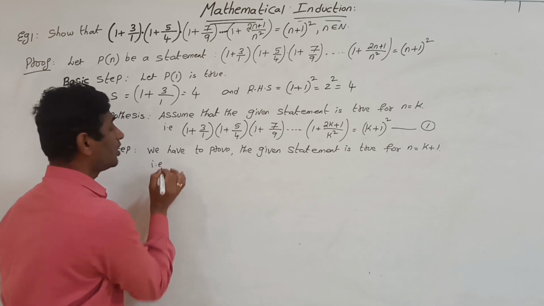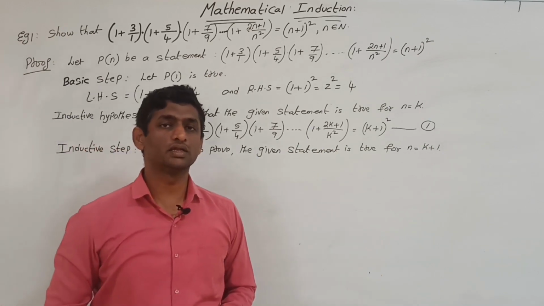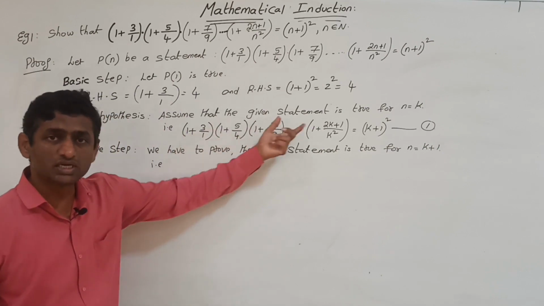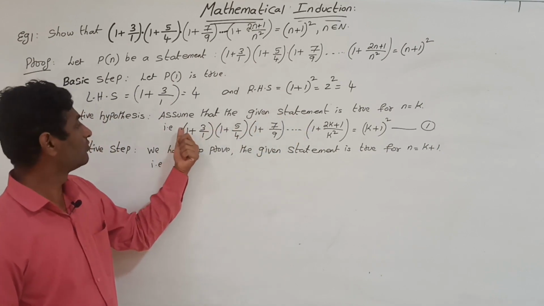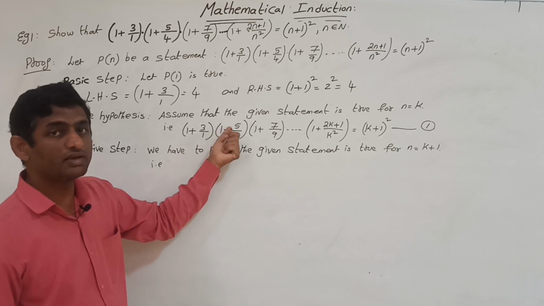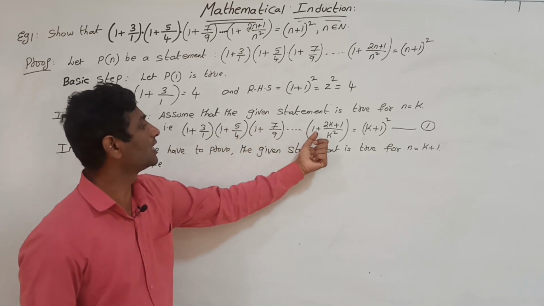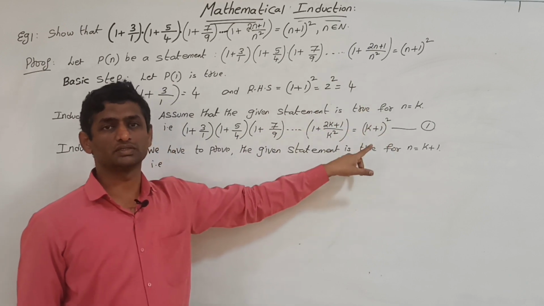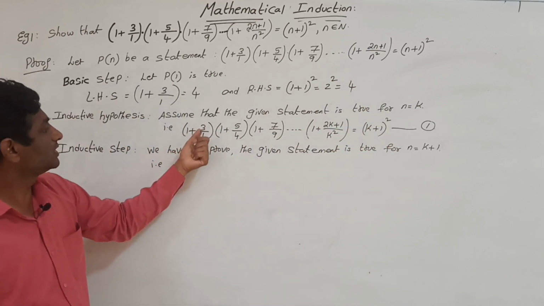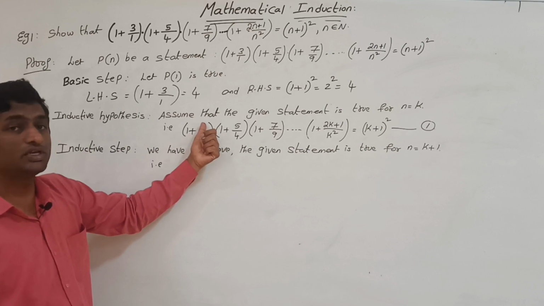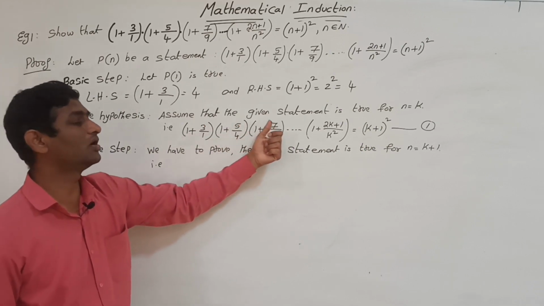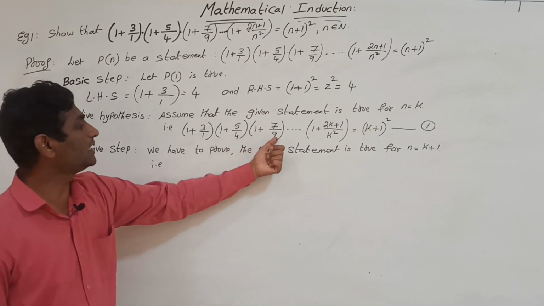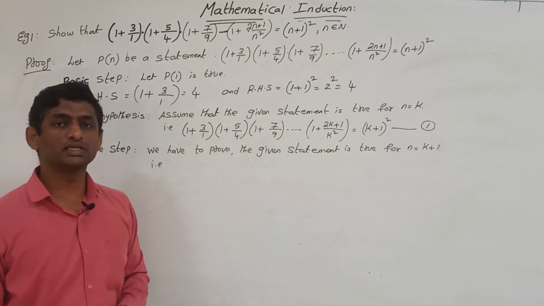So what number we have to multiply in order to get the k plus 1th term? If you observe, in the first term 1 plus, in the second term 1 plus, in the third term 1 plus, in the kth term also 1 plus, means in the next term also it should be 1 plus. And if you see the numerators 3, 5, 7, they are odd natural numbers, and 1, 4, 9 are squares of the natural numbers.